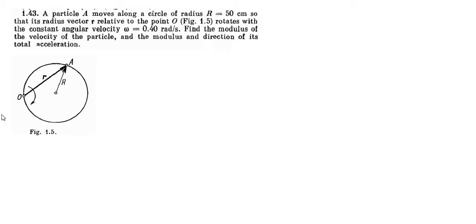This is problem number 1.43. Here, a particle A moves along the circle of radius 50 centimeters so that its radius vector related to point O rotates with the constant angular velocity 0.40 radian per second. Here, radius is equal to 50 centimeter, or we can say it is equal to 0.5 meter, and angular velocity with respect to point O is